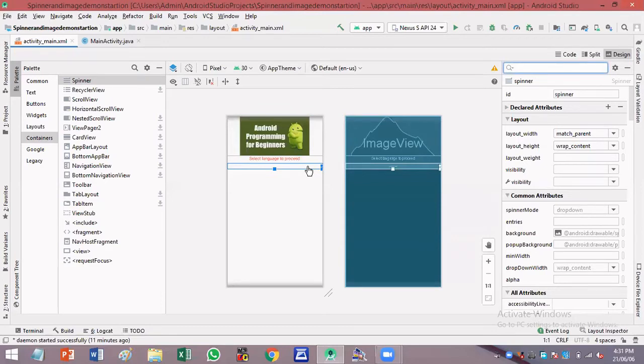So we will add items to the spinner through coding. Now we are not going to change the attributes of the spinner, so let me retain the attributes as they are. Okay. And now this completes the design part of the second program. And now it is time to code.